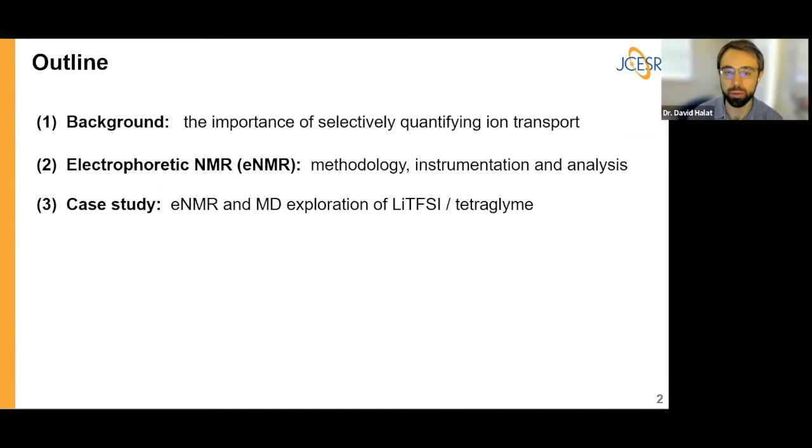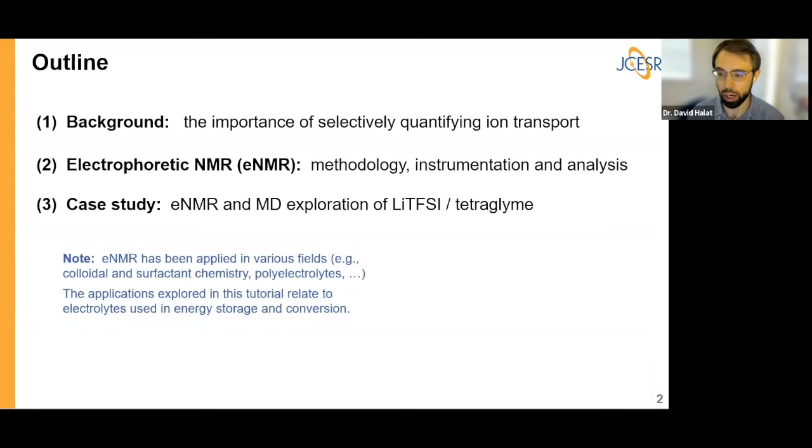And from that, I'll move on from methodology to a more applied case study, showing how we can combine eNMR data with molecular dynamics simulations to really pinpoint solvation structures and how that directly impacts the transport of charged species. And so, this type of joint methodology provides a more complete accounting of ion and solvent transport. And my hope is that this not only allows us to understand why some ions move faster than others, but ultimately to design new tailor-made electrolytes where, for example, we might be able to selectively enhance cation motion at the